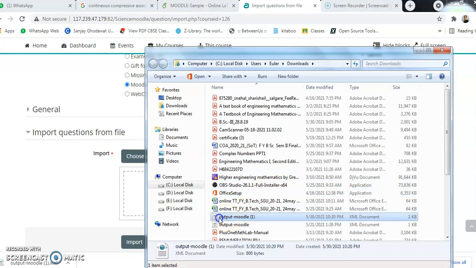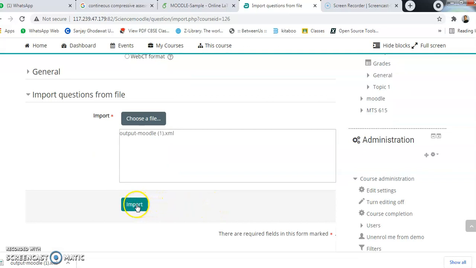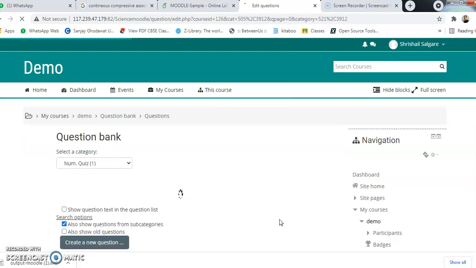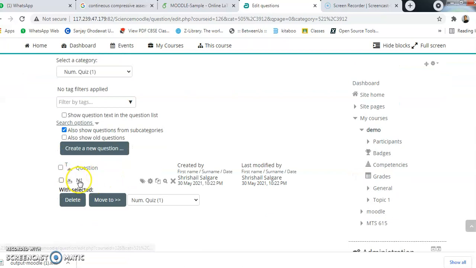So this file we have to drag and drop here. Now import that file. So if you are getting a message in green color, that means your file imported successfully with the category name, whatever name we are using that category. Okay, that green color you are getting. I will continue. And after that I will go to the quiz and I will upload this question. Only one question I am explaining here. Okay, that question is uploaded with the name N1 and this symbol stands for the numerical.